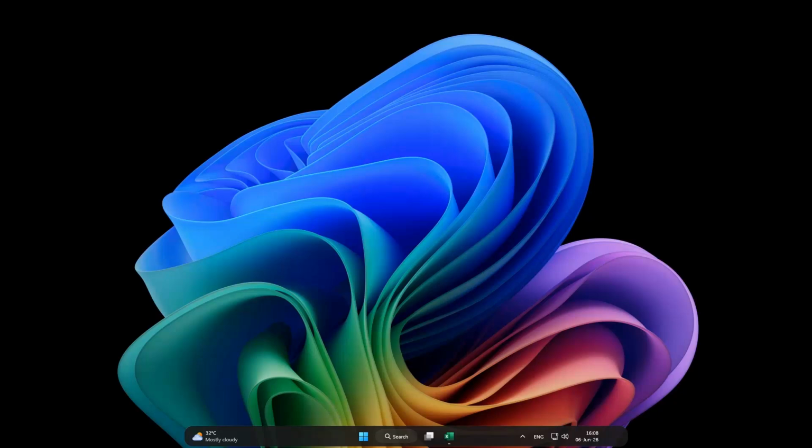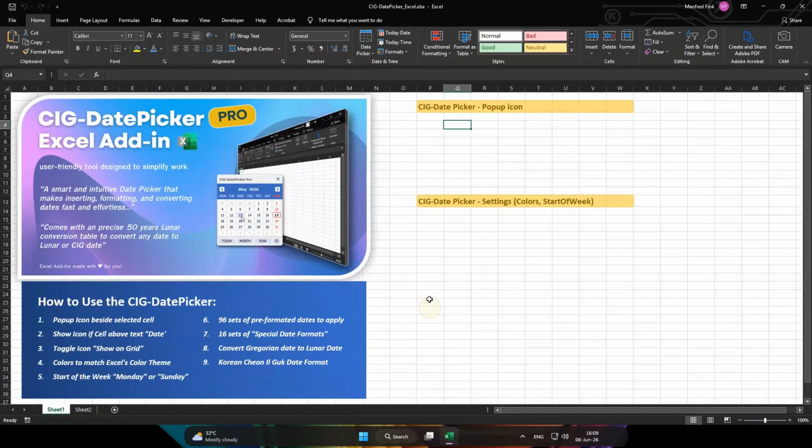This is Manfred, and in this video we are going to learn how to use the CIG Date Picker Add-in for Microsoft Excel. One of the tools that Excel users search the most is how to choose dates in Excel. Of course, we can enter them manually, but what if we want a calendar to appear so we can easily